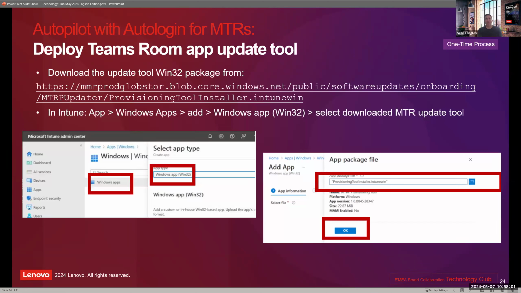Now we want to deploy the Teams Rooms app update tool, and this ensures, of course, that the device is on the latest version of the Teams Rooms app. As I mentioned, it's got to be on 4.19 or higher. So if you create this app, that can be deployed via Intune to the device, and then we'll obviously